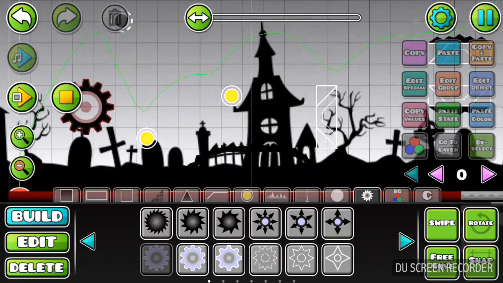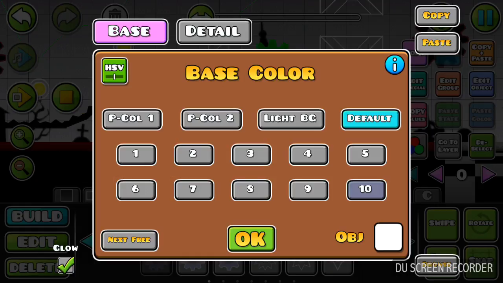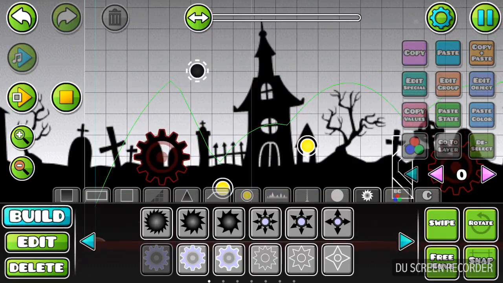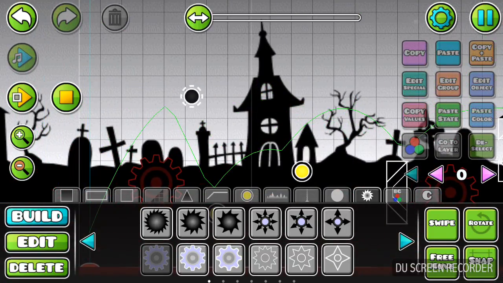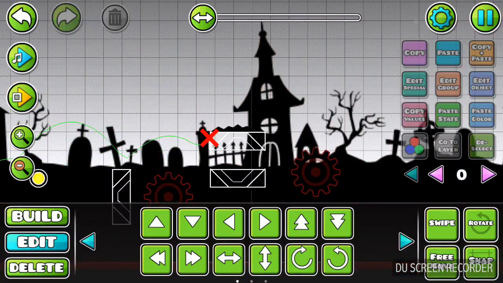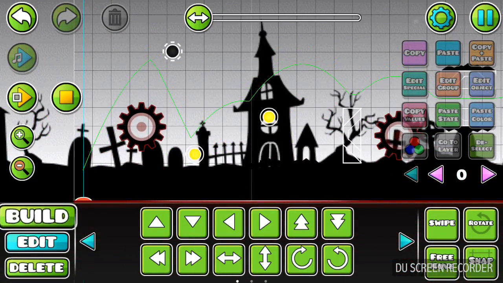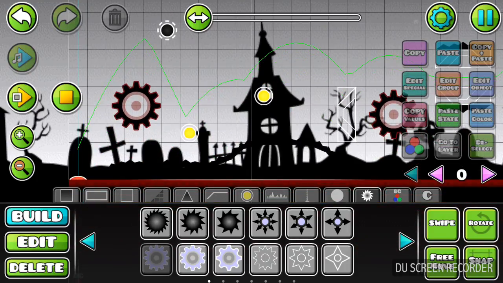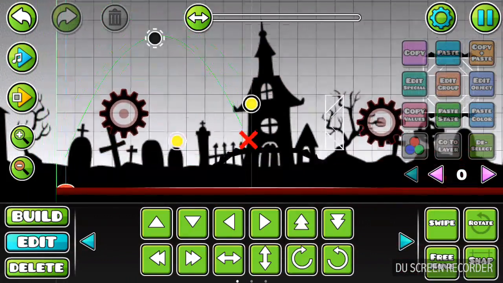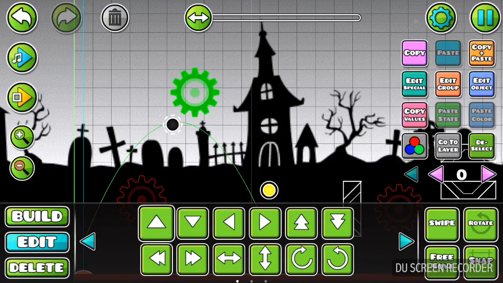Like this. So just add in saw blades, especially on parts where it's obvious. Oh yeah, and for the top, if you're doing something like this, then if you're doing something like this, but instead of you just hitting the jump ring, you just go over here and die. But that would just be weird. So I recommend putting saw blades,